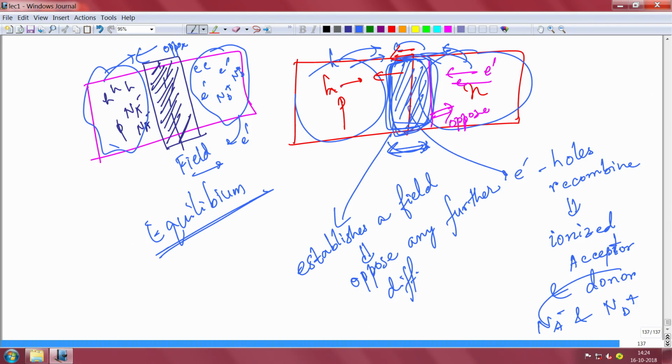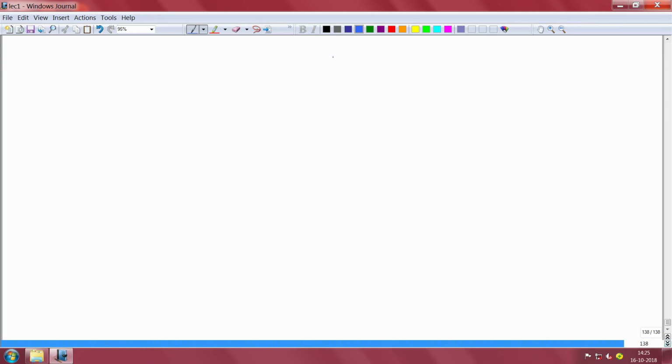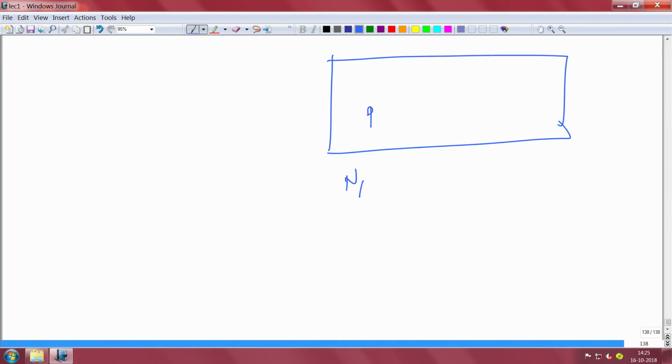Now, we have to be more careful in trying to understand each and every step that will happen here. So, for example, this was p type. That means there is an Na that you have doped here, and this is the junction, this is x equal to 0. This is a very long junction, so this is very large. And this is Nd doping that is here, so it is n type here.